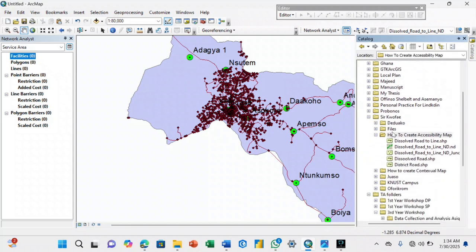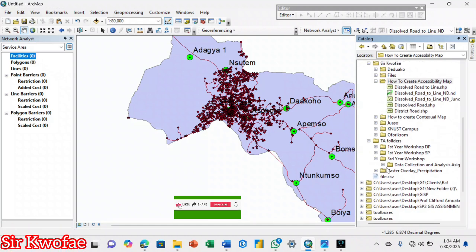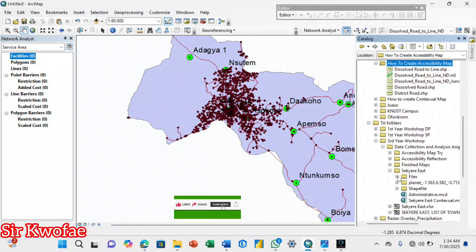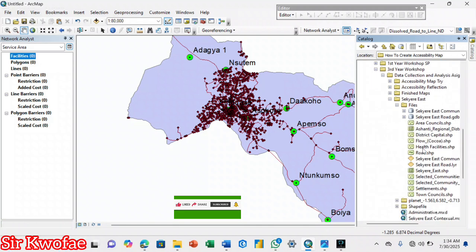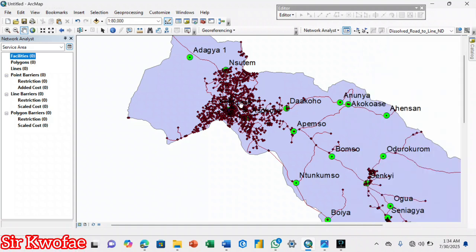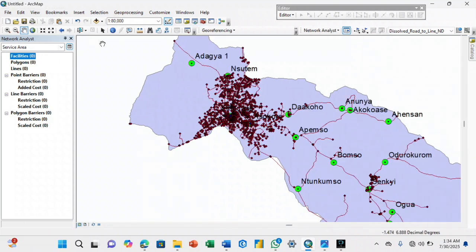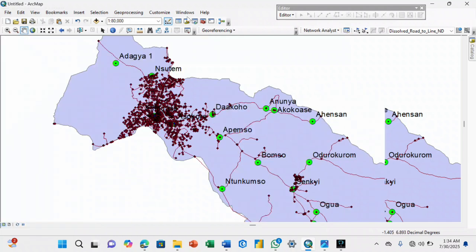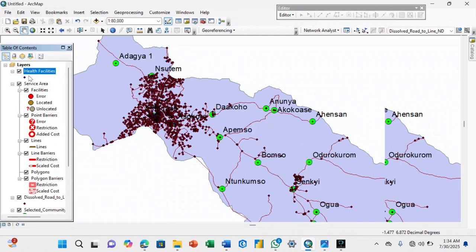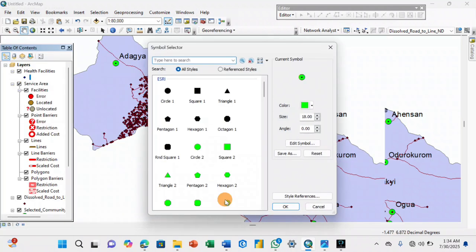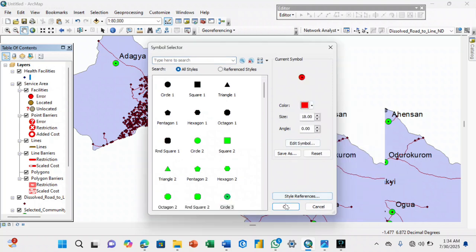Now, what is the shapefile of the particular facility you want to create the accessibility map for? So this is the shapefile, health facilities. I'll drag it. I have dragged the health facilities. Now if I look at the Windows table of contents, this is the health facility. So if you select it and maybe increase the size,